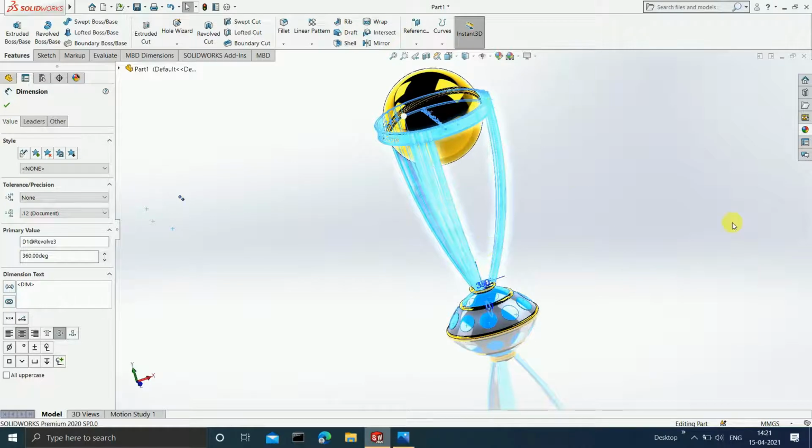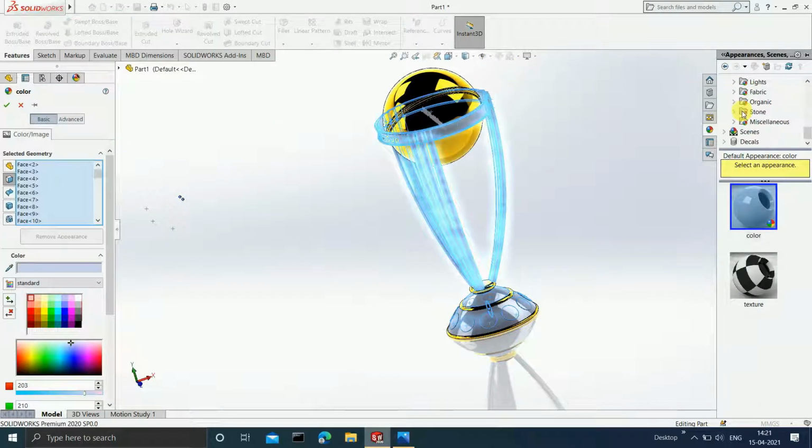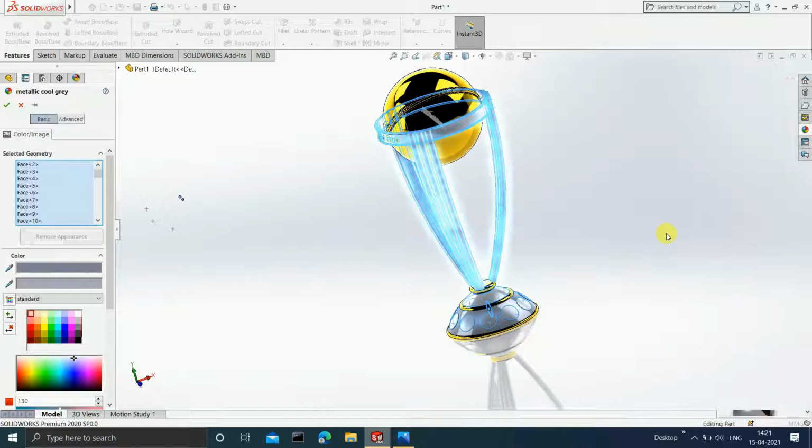So as you can see, now I have selected every part where I want silver color. Now I'll go to edit appearance. In this I am going to select painted, go to cars, and here you can find metallic cool gray. This looks better than silver according to me.